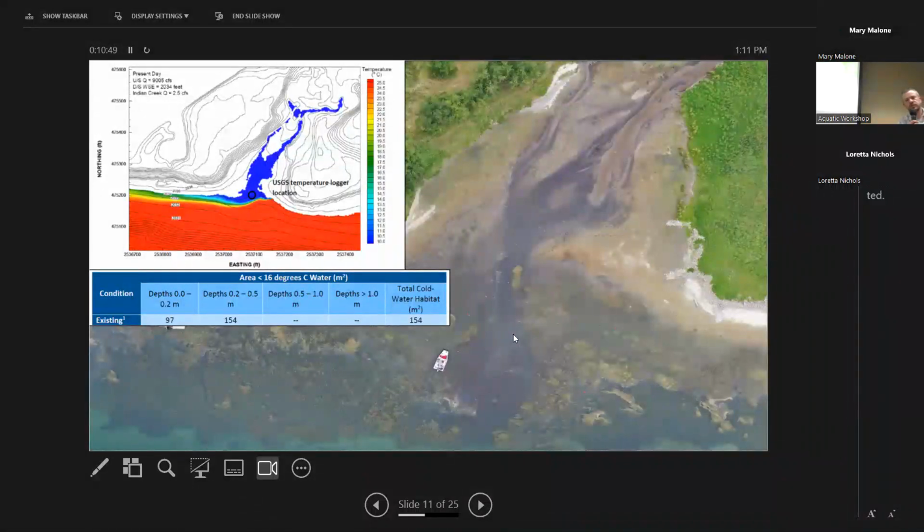Before we do the project, we wanted to do some modeling to see what we might get out of doing a project in general. And so this picture up on the upper left shows some temperature modeling of what the water temperatures look like prior to construction. The blue is cold water, the red is warm, and the colors in between vary. And then down below that, the little graph shows basically the depths of the water before